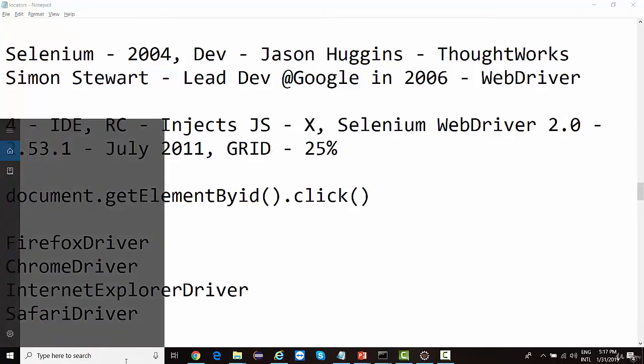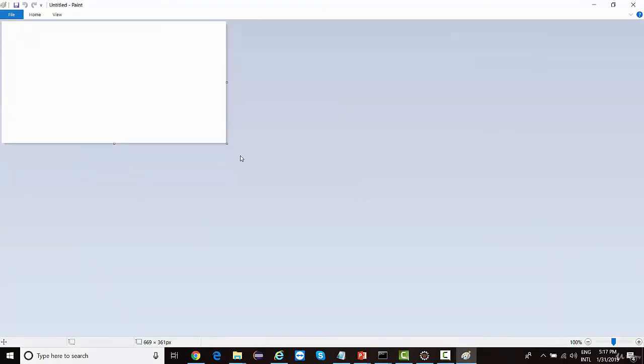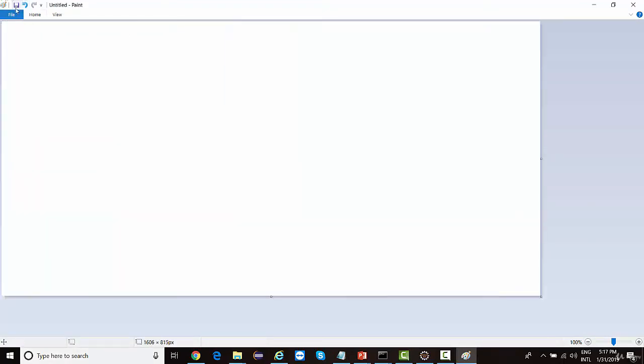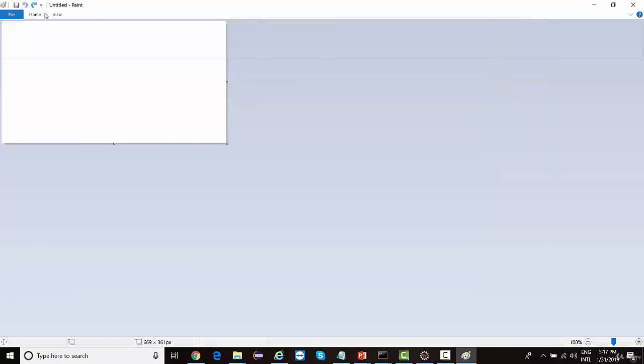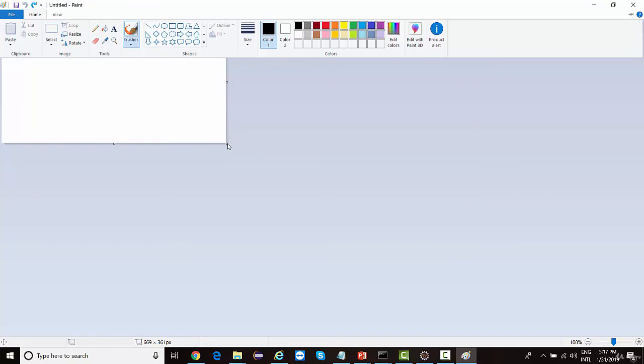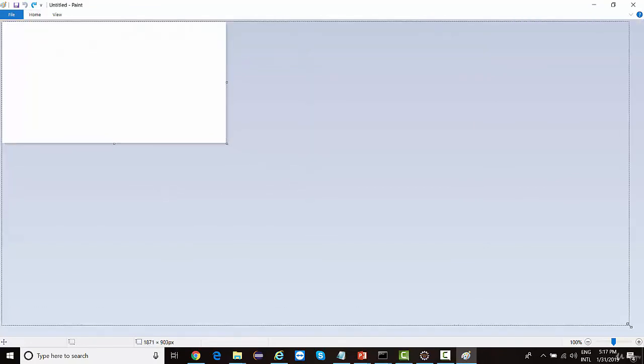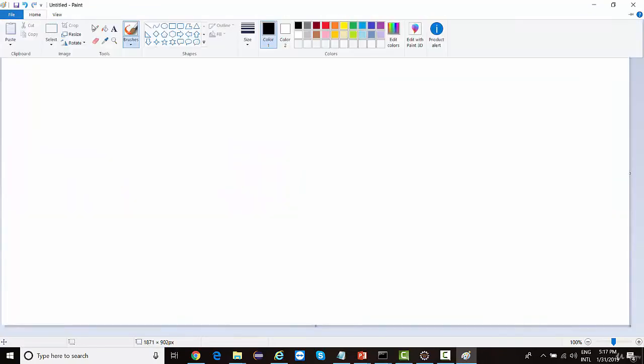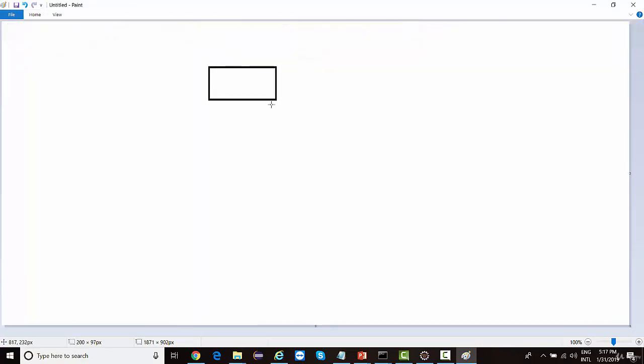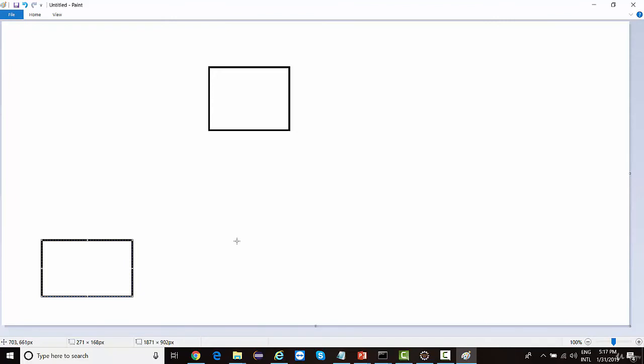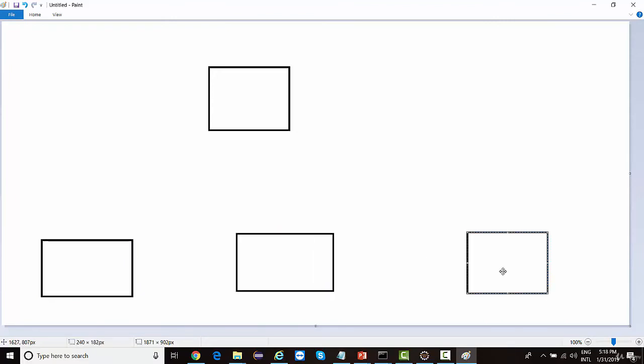In case of Grid, there is a hub and node sort of architecture. If I talk about Grid, there is a hub and there are nodes. These hub and nodes are physical machines, but they are connected to each other.